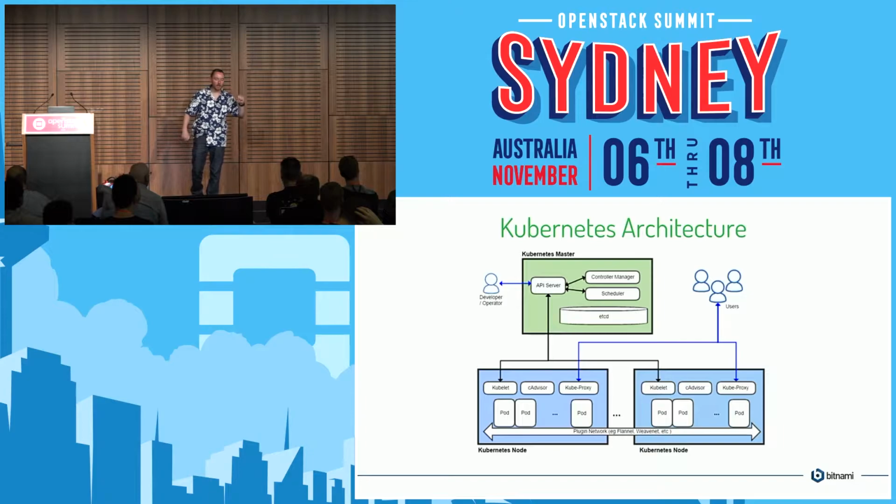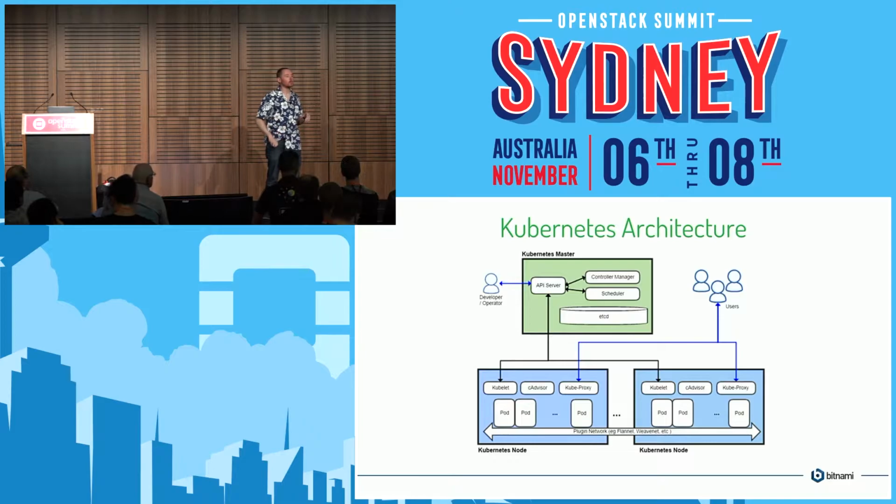Also on the master, you have a couple of other jobs, the controller manager and the scheduler particularly. And they are controllers that talk to the API server and that manipulate objects in etcd via the API server. And they're the ones that are trying to take actions to make the system work. So the scheduler is obviously choosing which machine a given pod should run on, and the controller manager is handling lots and lots of different control loops. When you create a new deployment, it's the thing that notices and creates the replica set and then creates the actual pods to run as part of that.